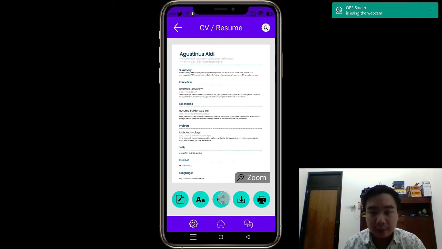And then we can also use this share to share it through Gmail or WhatsApp or something like that. We can use this download button to download it on our device. We can also use this print button to directly connect to our printer and print it.